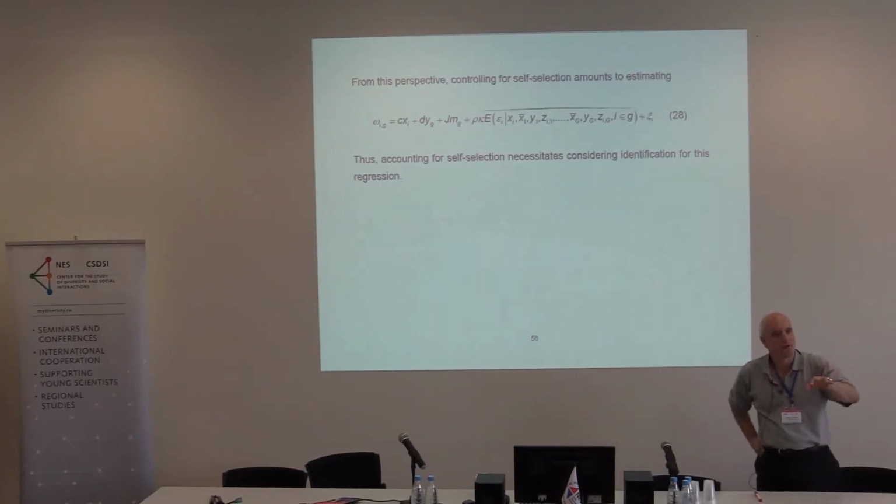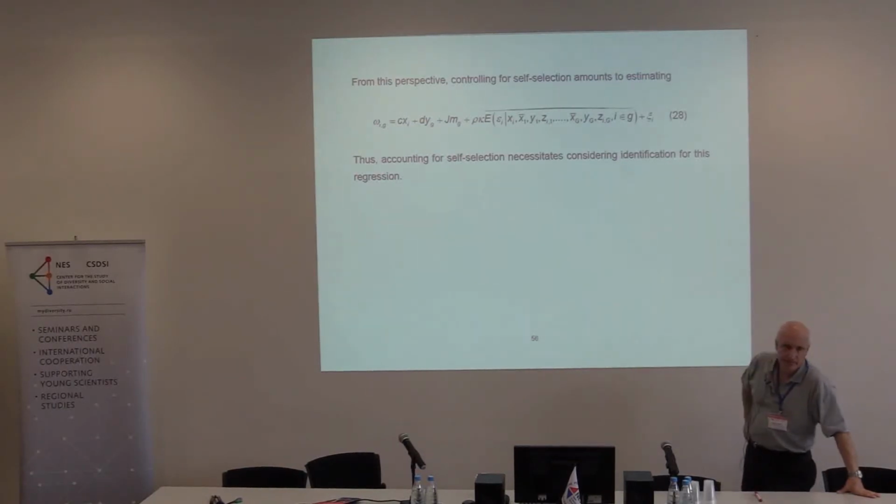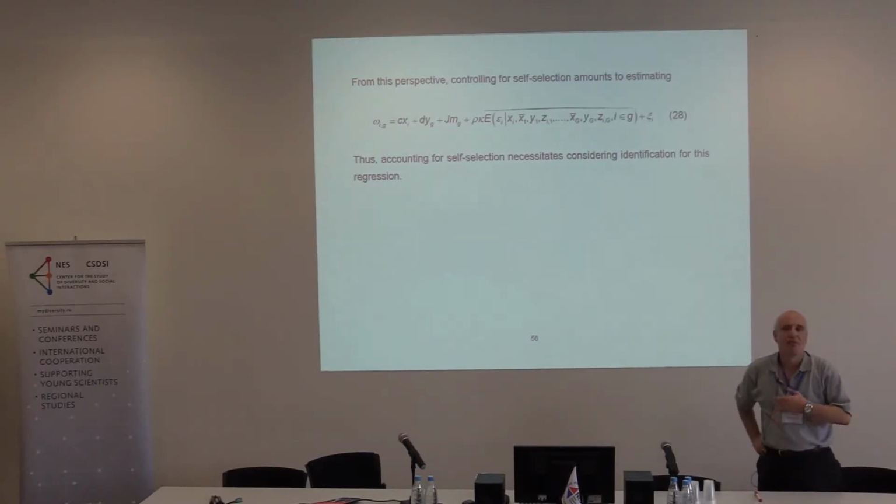So in other words, from the vantage point of the selection correction approach, this is what is done. You first model the process of group membership. You do it using this approach that there's a latent value for each neighborhood, and my choice by definition is that which is maximal. I then, from that, compute something that is proportional to the expected value of epsilon, and I add that as a regressor. Okay, that's the classic selection correction. Modern versions of selection corrections are non-parametric. They do them under weaker assumptions than the original 79 paper. I should say semi-parametric, and so on and so forth. But they all have the same logic.